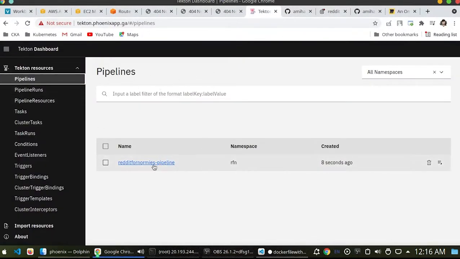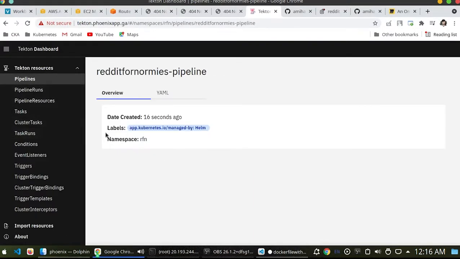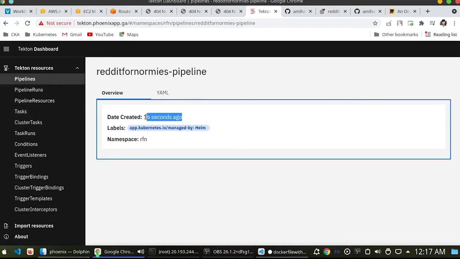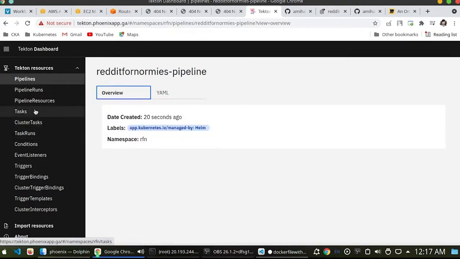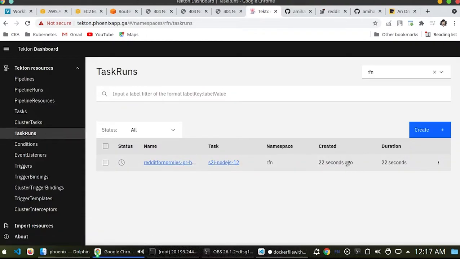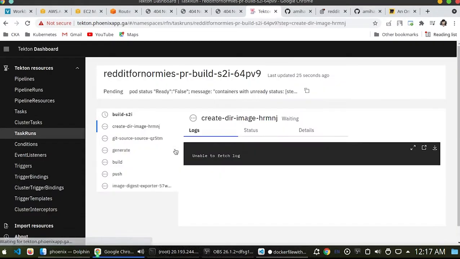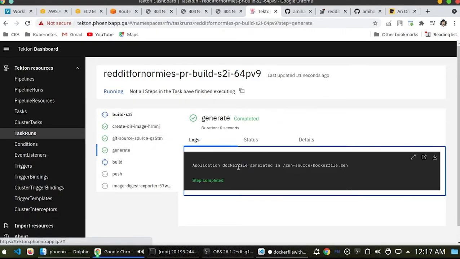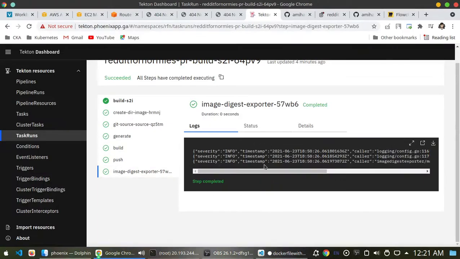From the command that we have executed above, this is going to create some objects like pipelines, pipeline runs, tasks and task runs, but for the sake of this tutorial, I'm going to skip that for now. The basic idea is that it is going to create some Docker images, push them to Docker Hub, and create the deployment out of it. Now that the different tasks and task runs have been completed, I'm sure that we will be able to see our application